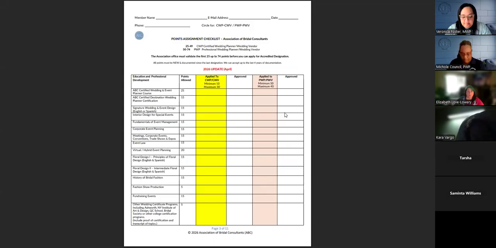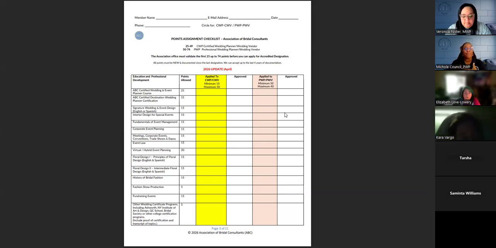We decided, oh, we changed the points grid, and now we divided the points grid up so that you have 2 different ones. You have one for certified and professional, and the other one, once you move up, we have one for accredited and master. 2 reasons. Number one, so you can concentrate on one section at a time, and number 2,